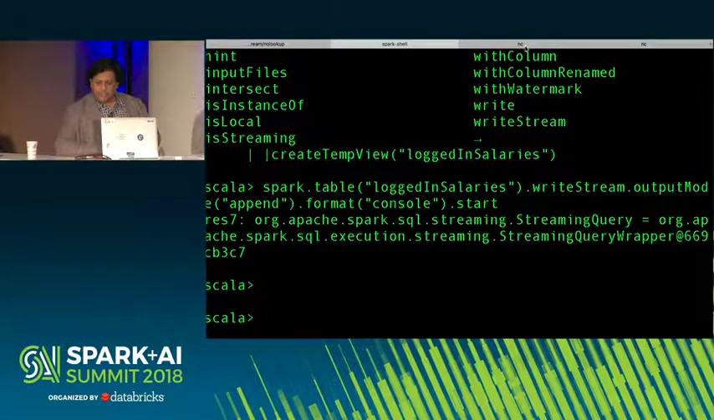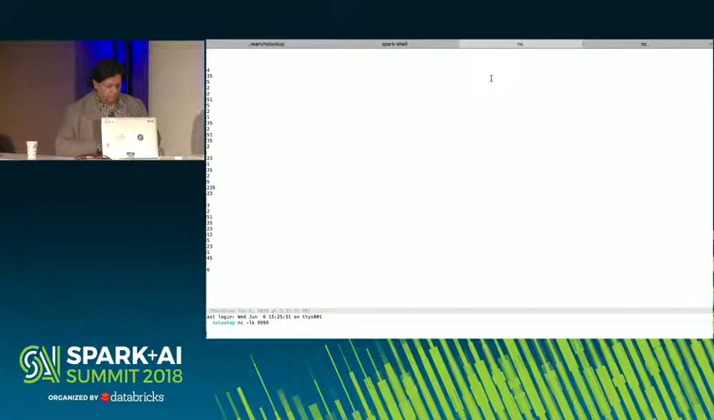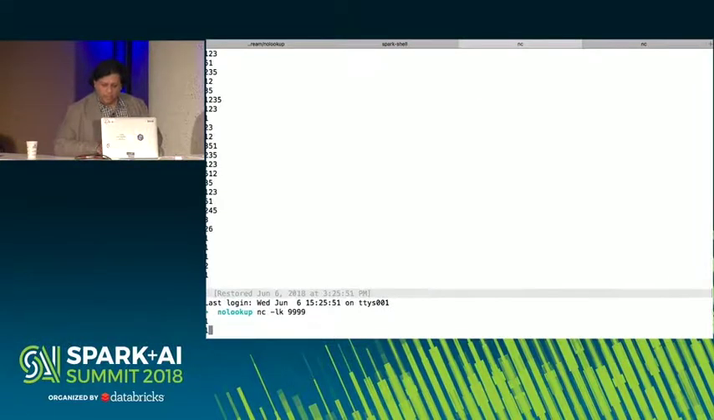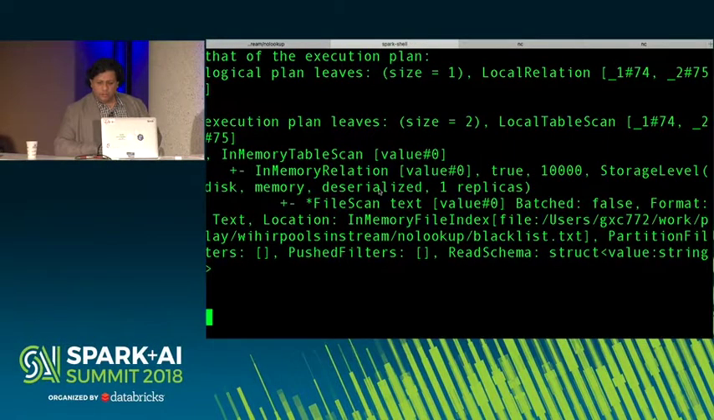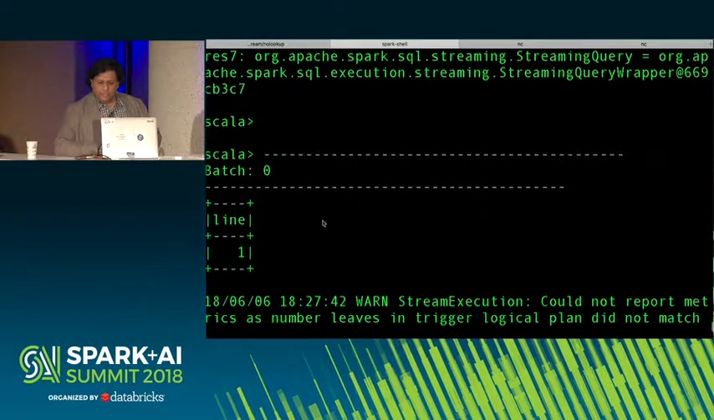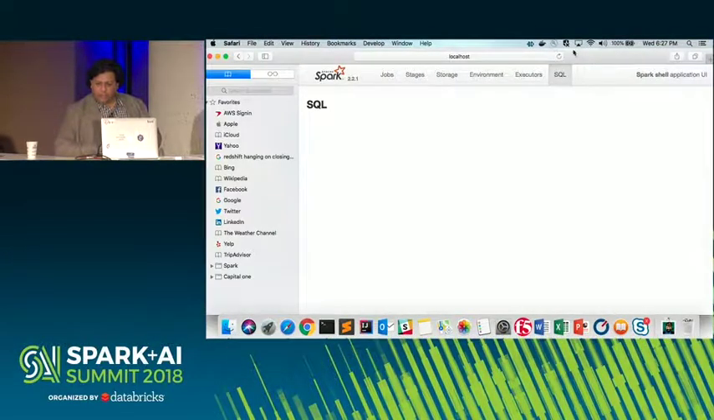Okay, so on the other side I'm sending a stream. I'm sending one record through the stream. So basically it joins it with the streaming record and gets the data back. And if you look at the query plan,